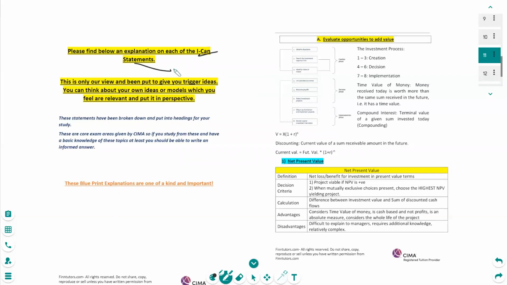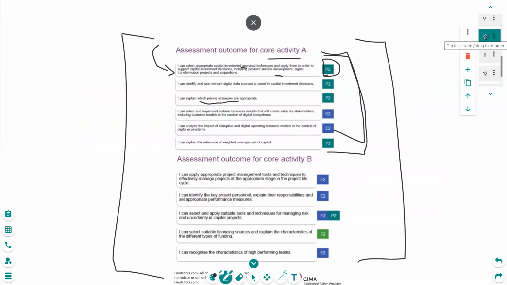So once you sign up with us, this is a 60 or 65 page document that will run you through each and every ICANN statement, taking it back to your E2, P2, F2 syllabus in a simple, easy, summarized way from the case study perspective. So you can revise from here, you can gain knowledge from here, and you don't have to go here and there between our revision notes, because you have it all in one place.